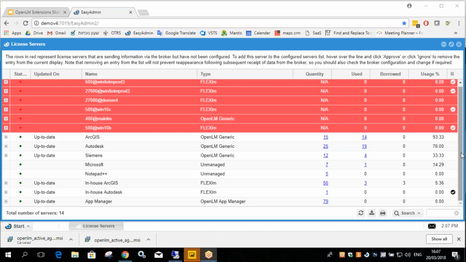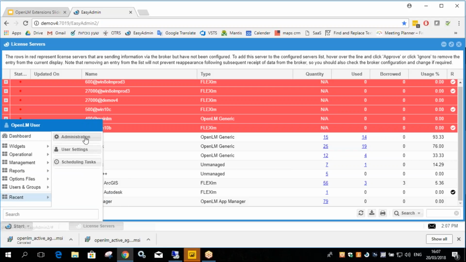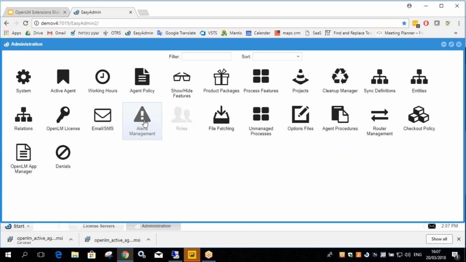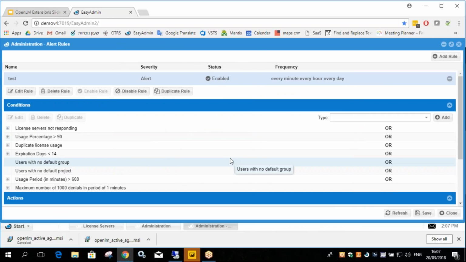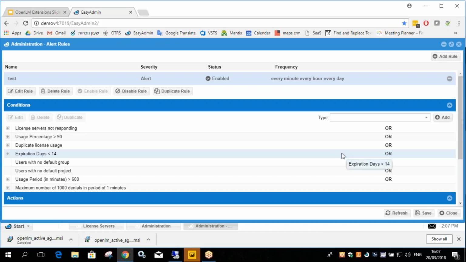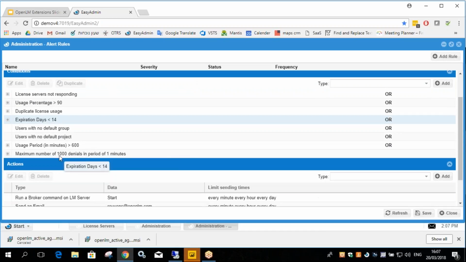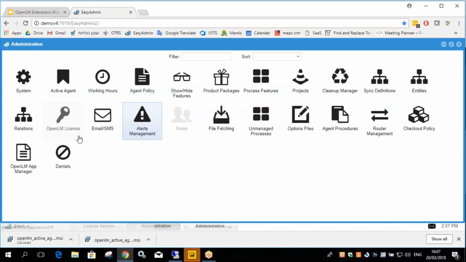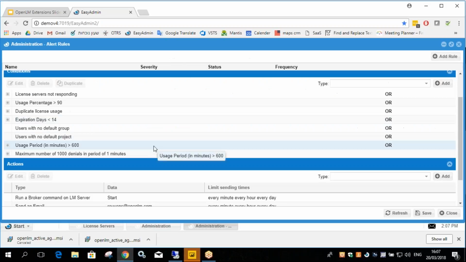So first of all, you know the OpenLM interface. This is the usual OpenLM interface. Now, let's say that you want to get notified about certain details in the OpenLM system. Let's say that you want to get notified when certain things happen to the server, when certain conditions are met. So for that, we have the OpenLM Alerts extension, which if you click Start, Administration, Alerts Management, you'll be able